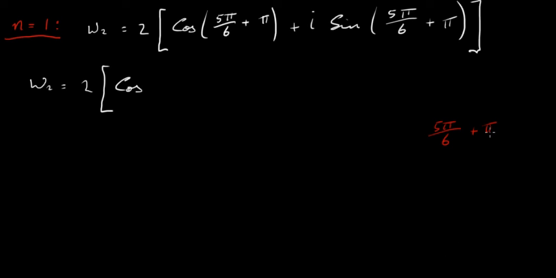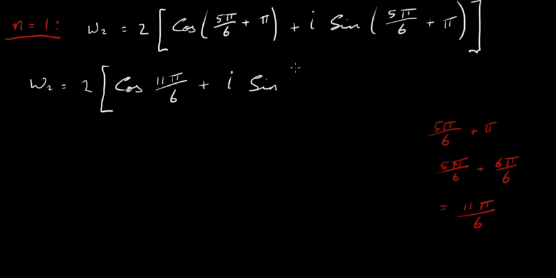Because we've got a 6 on the bottom here, you can change this pi to 6 pi over 6. In other words, we've got 5 pi over 6 plus 6 pi over 6. So 6 pi over 6 plus 5 pi over 6 will just give us 11 pi over 6. So that's what we get when we add these two. So we just get the cos of 11 pi over 6 plus i sin,